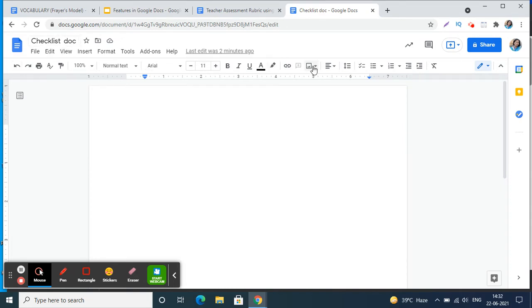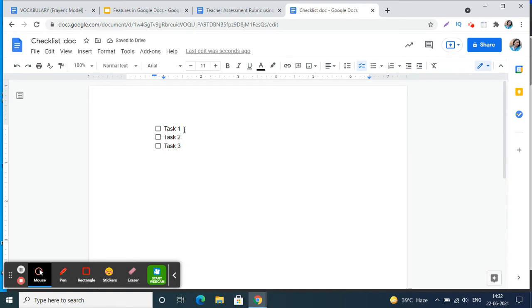When you see the tools, here in the tools you will find two checkboxes. This is called the checklist tool, and you can go to this tool directly by pressing Control plus Shift 9 on your keyboard. So, click on this. When you click on this, you see that in the document you get a square box, and here you can write down the list of things to be done: task 1, task 2, task 3, and so on.